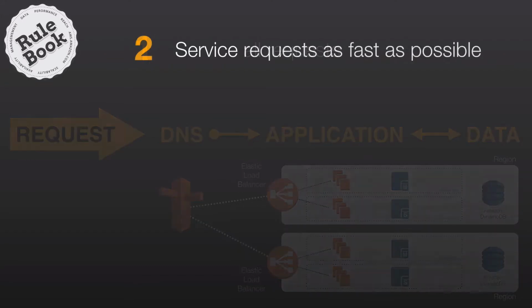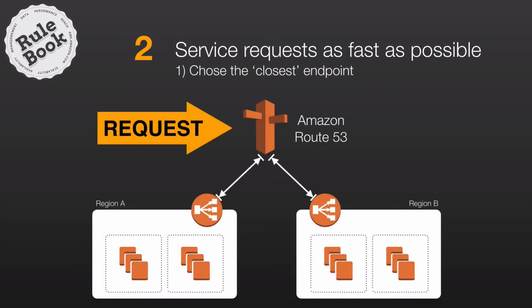So how about servicing requests as quickly as possible? If you've got a couple of regions that are hosting your website for your customers, how do you go about choosing the closest endpoint in order to make sure that customers have the best and most reliable and effective user experience when they're using your application or website? And the answer to that is a service called latency-based routing, which we touched upon a second ago. So this is a feature of Amazon's Route 53 DNS service.